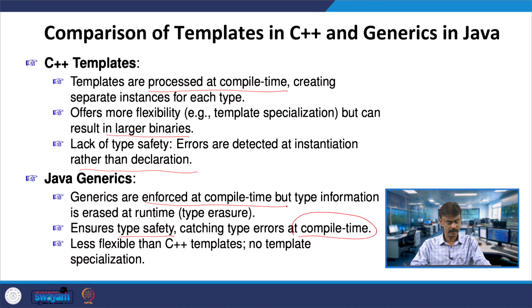So, here it is less flexible than C++ templates, because you do not have any template specialization. There are some advantages in C++ we had seen, like multiple classes or multiple templates, which are not available in Java.